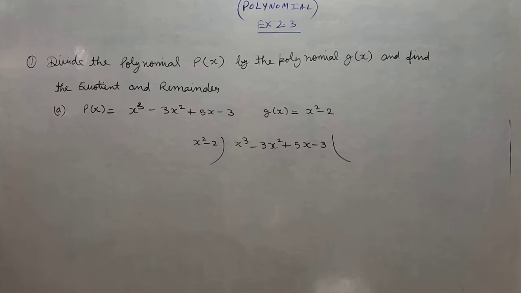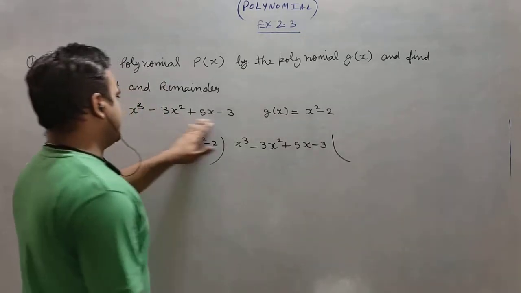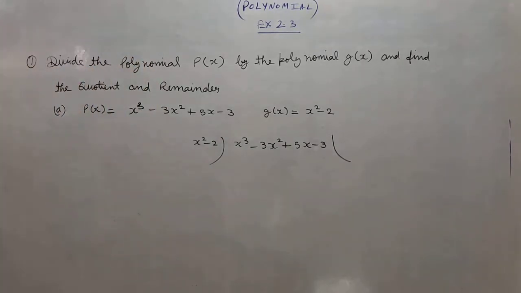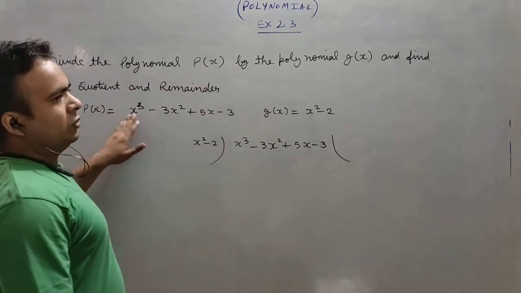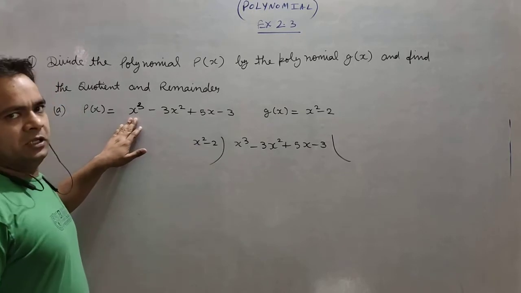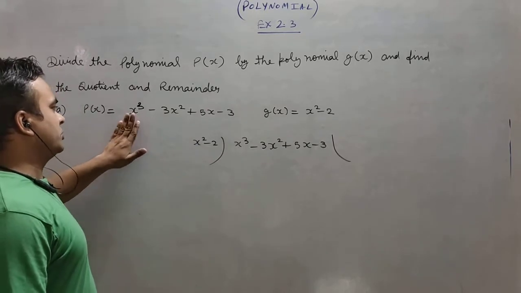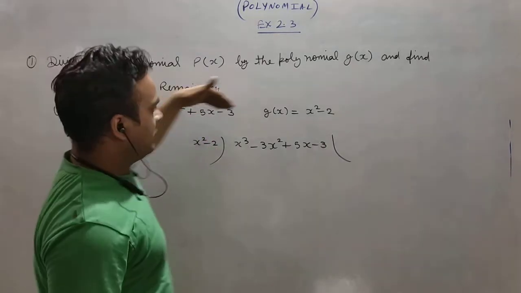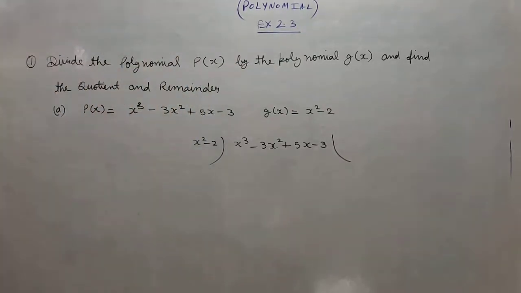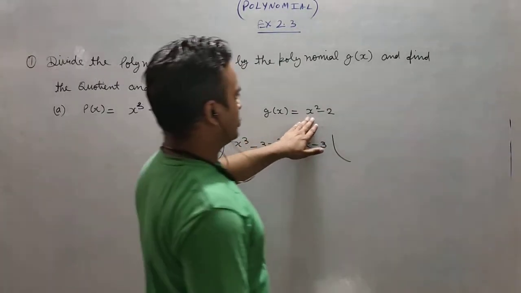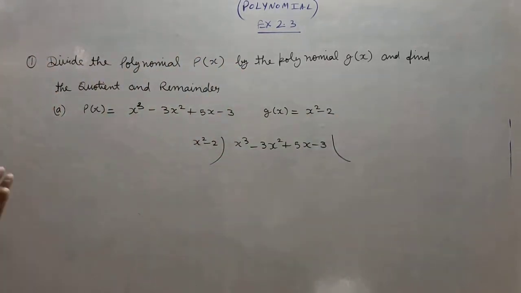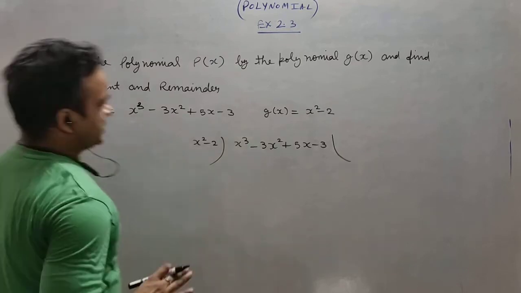First of all, you have to see both algebraic expressions should be in the standard form of polynomial. Standard form means they should be led by the highest degree. You can see the highest degree is 3, so it comes first, and then the powers of the variable should be in decreasing order. Here the maximum power is 2 and the other is 0. The term with power 1 is missing here, but the order is correct in both.